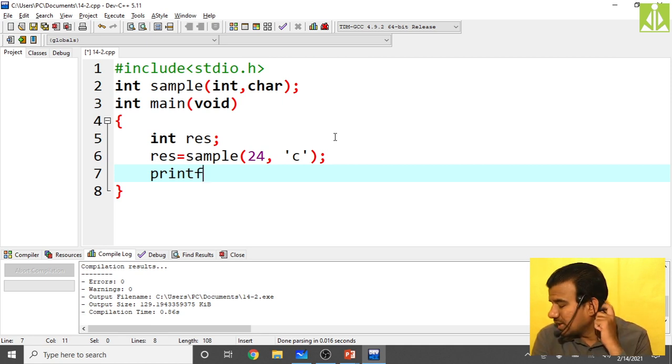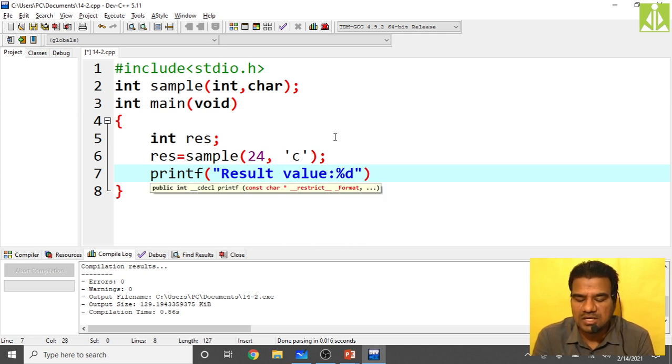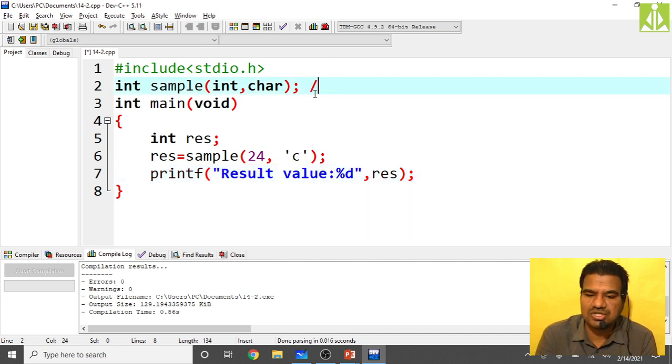Or else we can modify the 24 and see the result. Then printf the result value with %d, which we receive inside result. So the calling of the function is over. This is the function declaration.